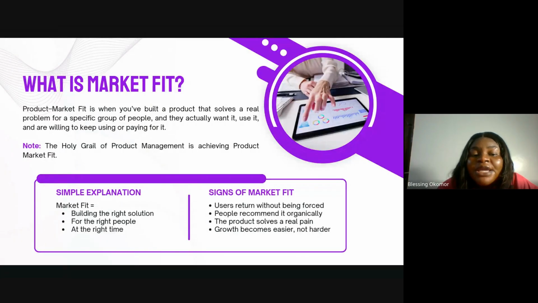Because by that time, if that product doesn't achieve market fit, what you have built is, I don't want to say wrong or vague, but you have missed it, right? Because the goal for you to build and launch that product is to get people to use it and love it. Is to grow that product. Is to grow that company. Is to ensure that that company is expanding. So if you launch the product and people are not using it, what is the point of launching the product?